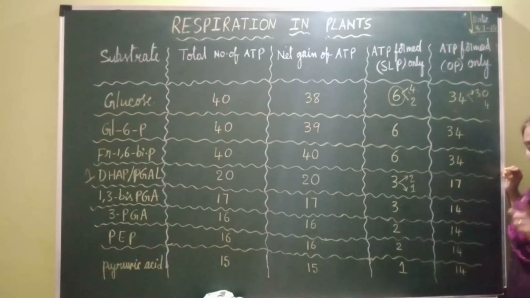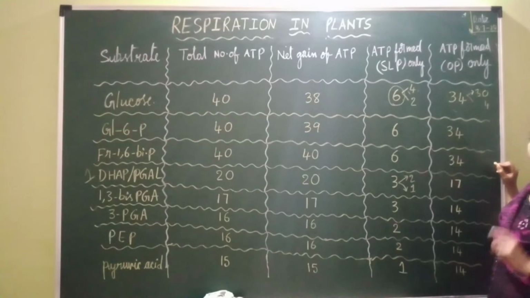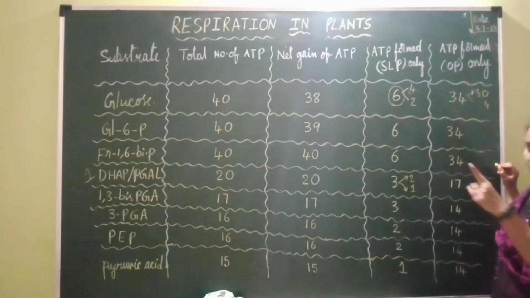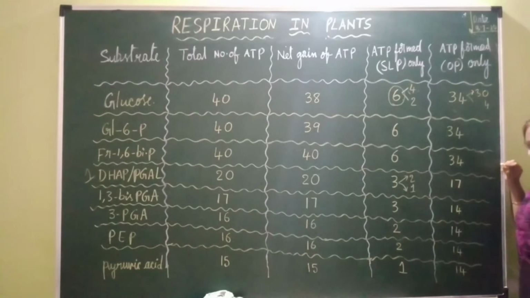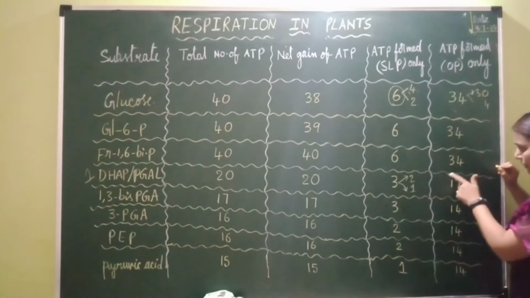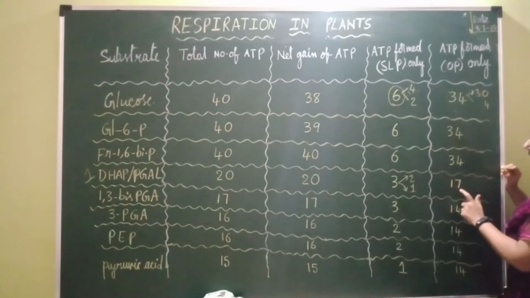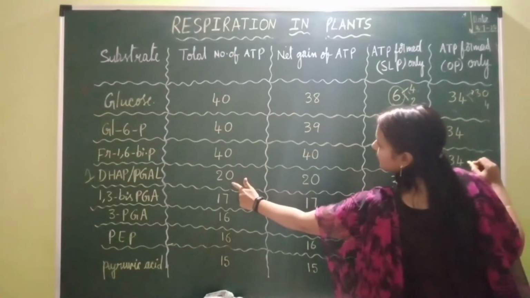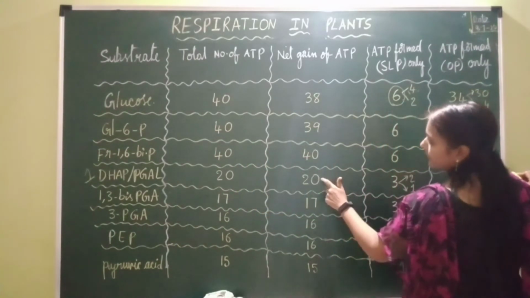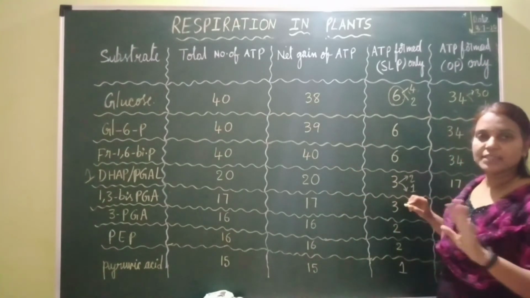Along with NADH2, FADH2 is also released during the Krebs cycle. How many FADH2s? 1 FADH2. If we were taking 2 cycles, we would have to take 2 FADH2s, but here only 1 cycle, because only one molecule of DHAP or 3-PGAL is undergoing oxidation. So 15 ATP in the form of NADH2 and 2 ATP in the form of one molecule of FADH2. So totally 17, 17 plus 3, ultimately 20. So the total number of ATP formed is 20 and the net gain of ATP is also 20, because we have to calculate from DHAP. From DHAP means there is no consumption of ATP.